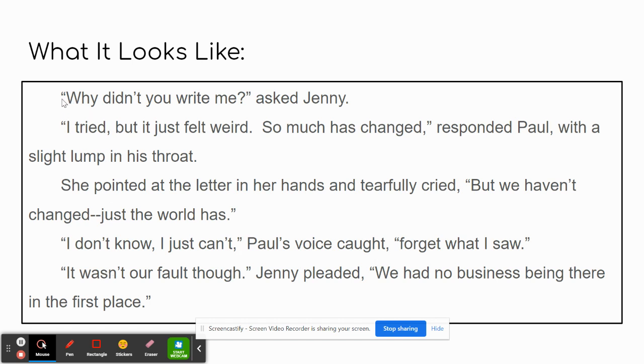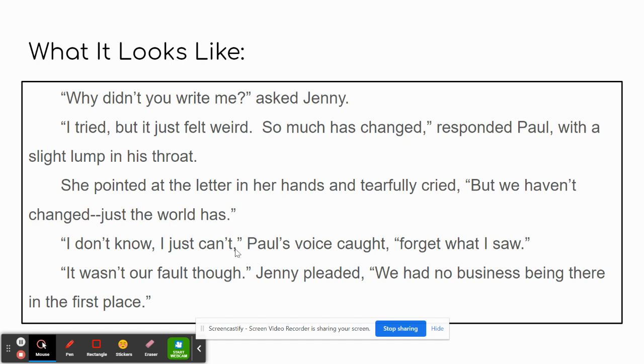You're also going to notice that I can tell who's talking and what's being said by these quotation marks. And I'm identifying Jenny's talking here, then Paul, then I know she refers to Jenny, then Paul, and then Jenny. You're also going to notice that my punctuation here and here and here and here and so forth is all